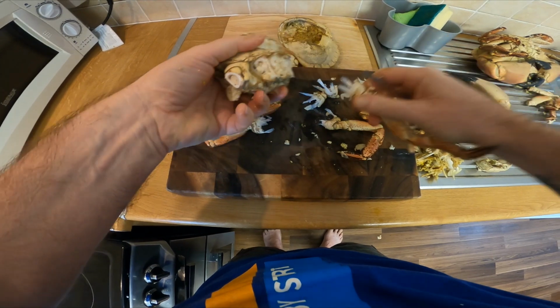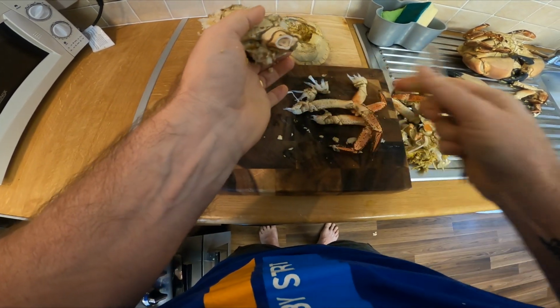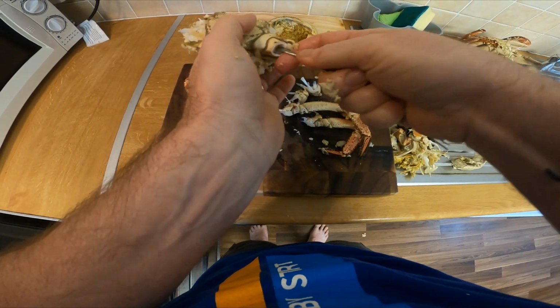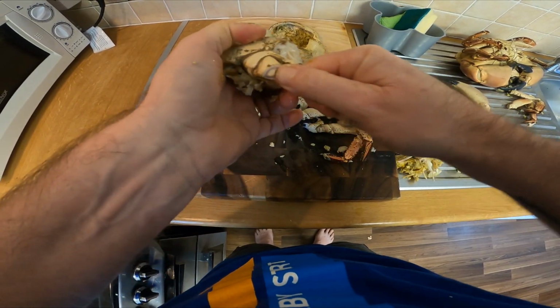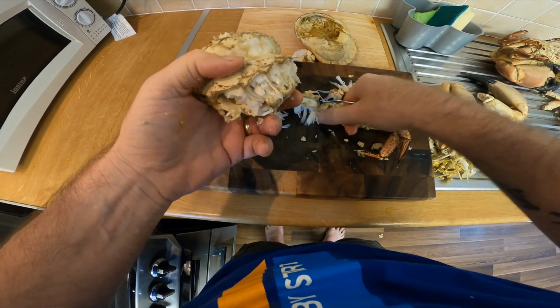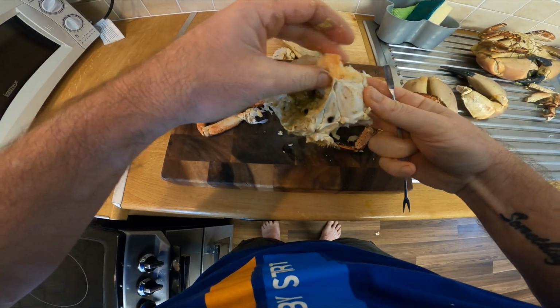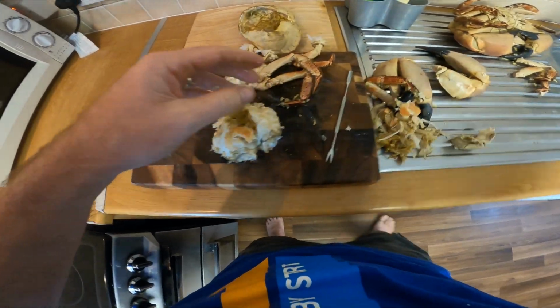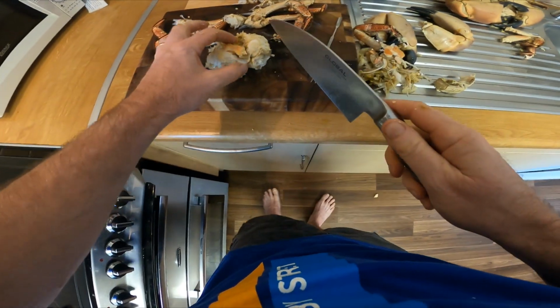Get it right at the base to bring it back. If it snaps, when you're pulling the claw back, it'll end up like that. Still get that off. There, you see all the meat that's still hanging on here. Now you're left with the body. I find the easiest way to pick this is to get a knife